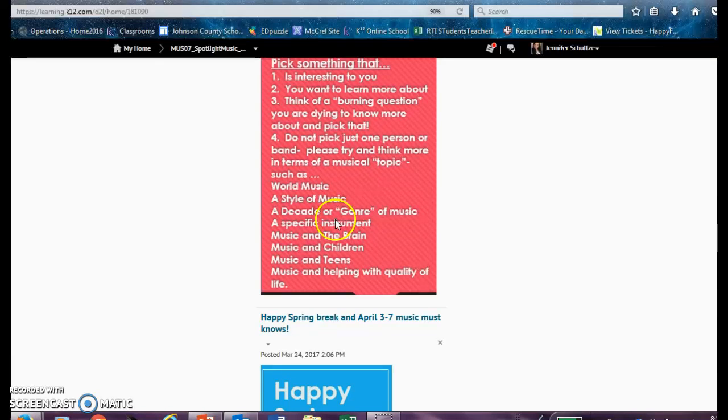And then I would say if you could also pick within that decade, for instance, the 80s has a lot of different styles, so maybe you would pick 80s punk rock, or 80s hair bands, or 80s big singers like Whitney Houston. So you want to pick somewhat of a genre within a decade, because if you pick a whole decade, that's way too much to cover in 3 slides. Next, make sure you try and think about something. If you want to, you can pick a specific instrument. I'm totally okay with that.